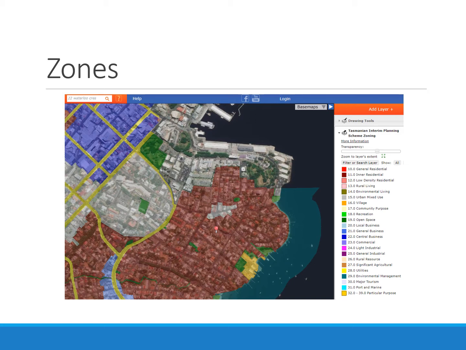Each area of land or parcel of land has a zone, and then there are rules about what can and can't happen in that zone. And this is really important for environmental impact assessment, because you can only apply to do things that are allowed in the zone, and if you want to do something different, you have to apply for rezoning. We won't get into the complexities of that, but just to know that each zone has a character and there's an intention about what future developments look like in terms of fitting into the zone, and this is really a fundamental aspect to the way that environmental impact assessment works.